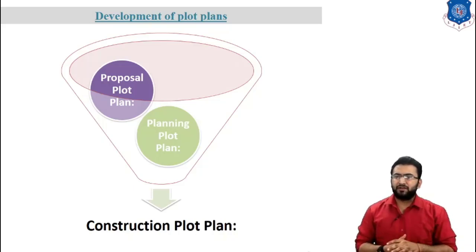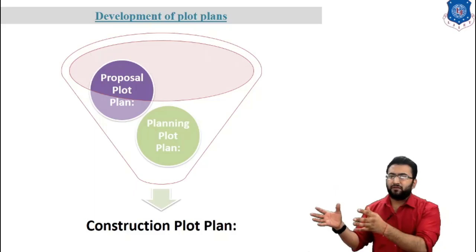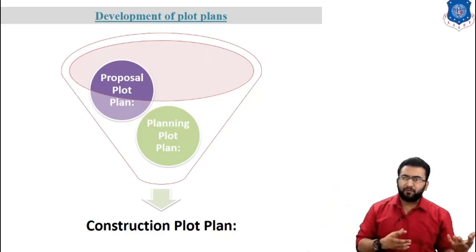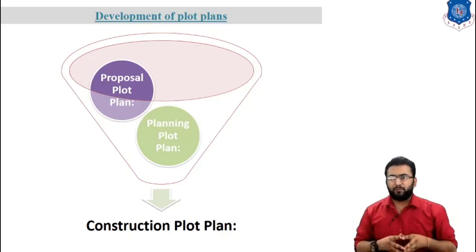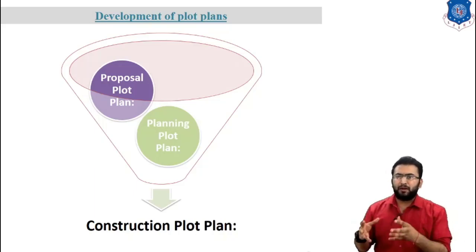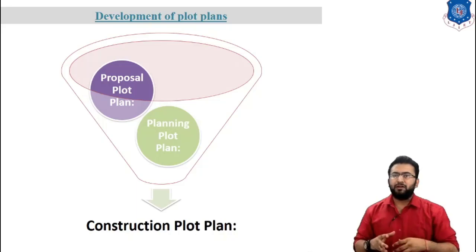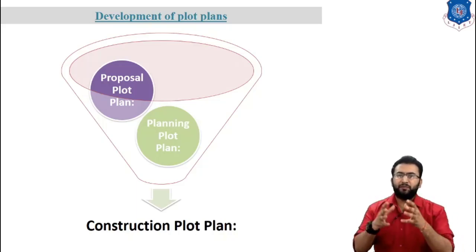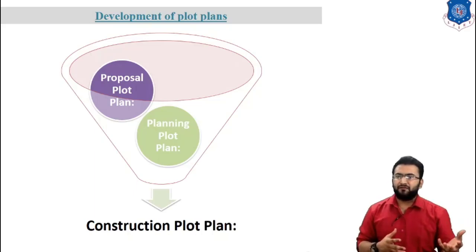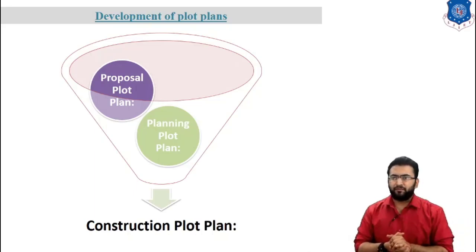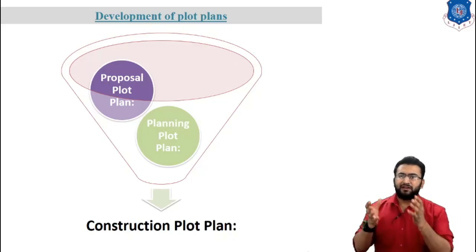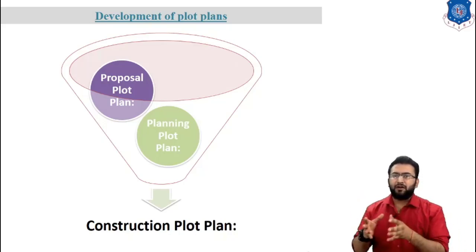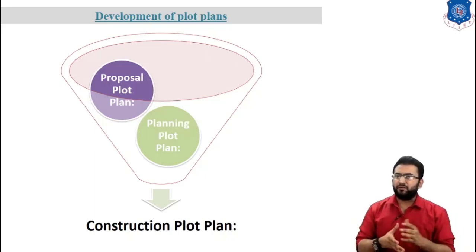The project progress is, first we have to do the proposal plot plan, then the planning plot plan, and construction plot plan. The proposal plot plan is developed during the estimation phase of the project. It includes only principal equipment, main surrounding facilities and overall dimensions. It is used in the estimation of bulk material and presented to a client for approval of the overall arrangement concept,